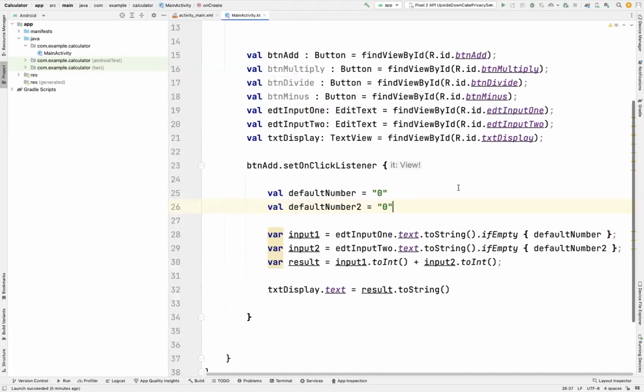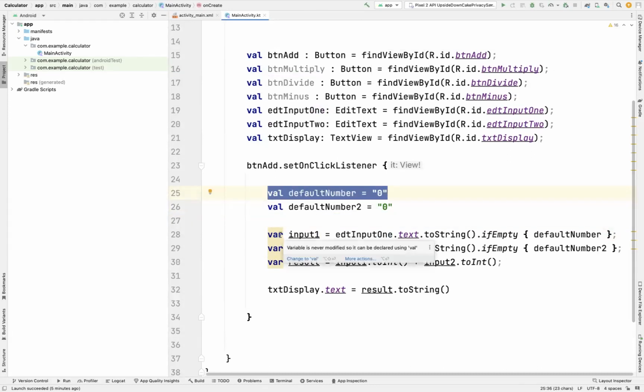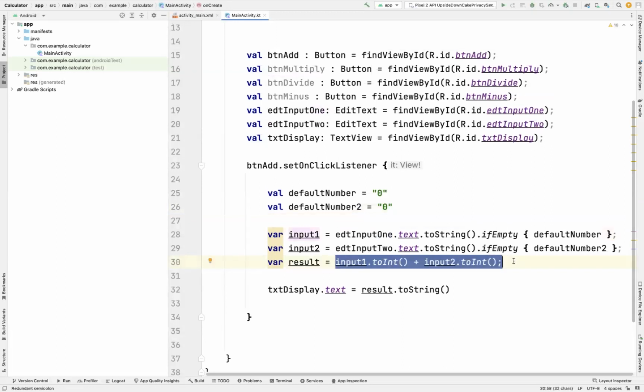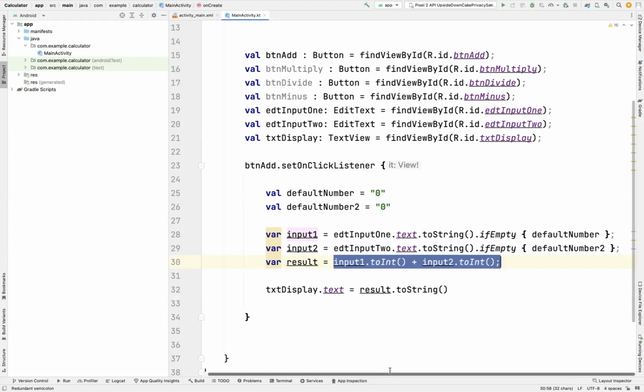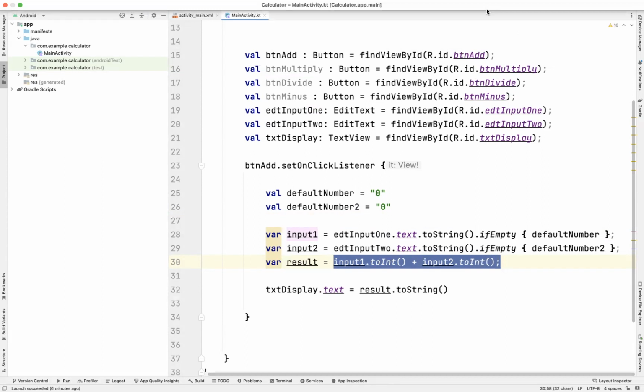So what we currently have is we've added our button add, and we are setting some default numbers in case the user doesn't enter anything. And we are getting what the user enters, and then we are adding the two numbers that the user will enter, converting it into an integer, and then we can display the result again back into a string for them to see. So let us